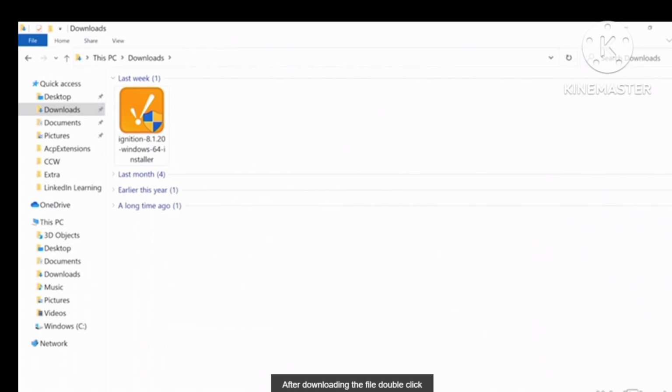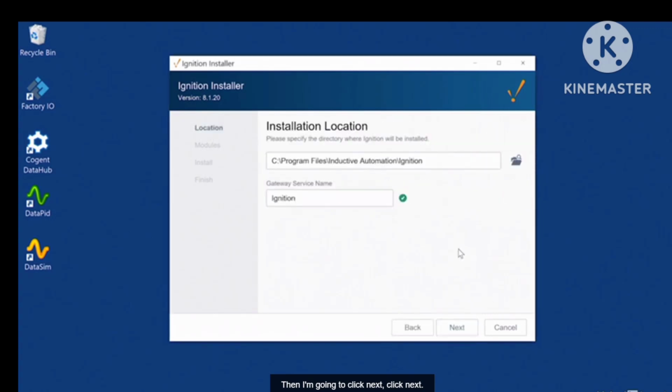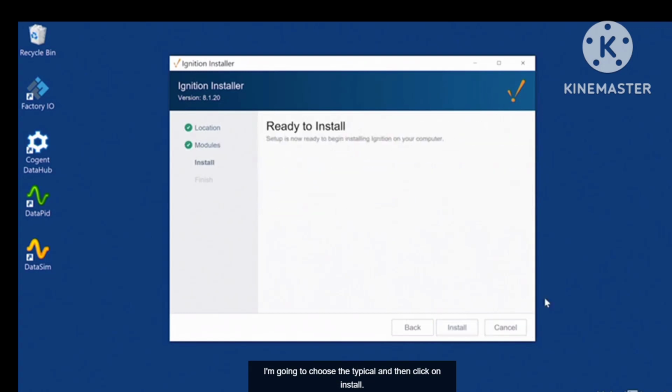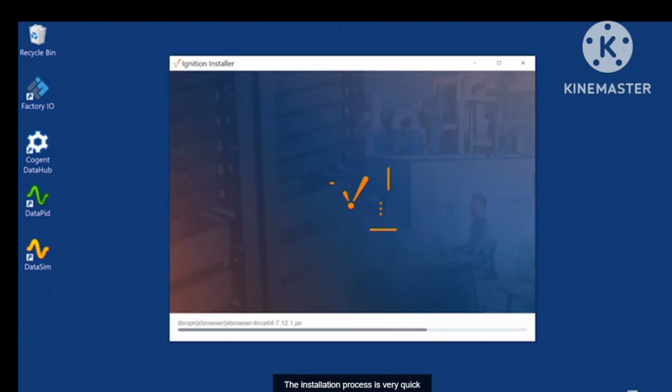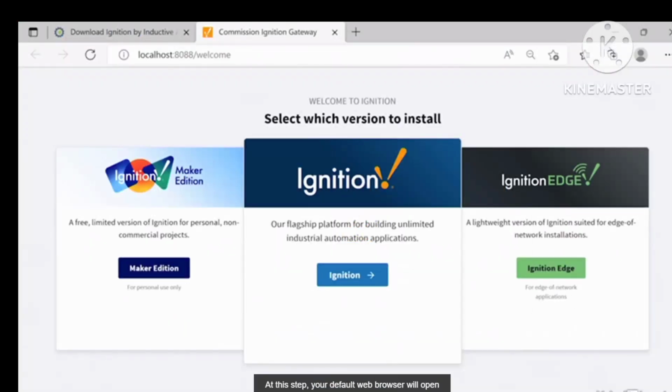After downloading the file, double-click on the installer file here in order to run the installation. Click Yes here. Then I'm going to click Next. Click Next. I'm going to choose Typical and then click on Install. The installation process is very quick for Ignition software. Now click on Finish. At this step, your default web browser will open, and you will be greeted with a